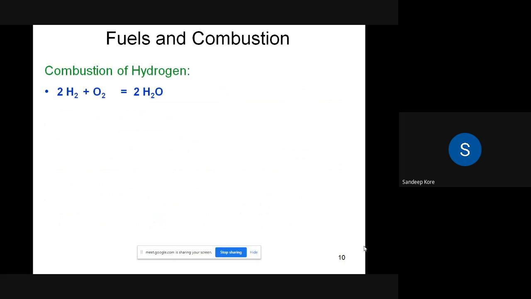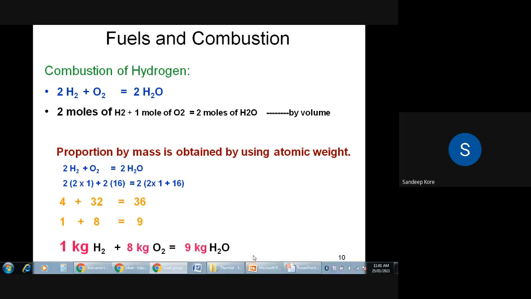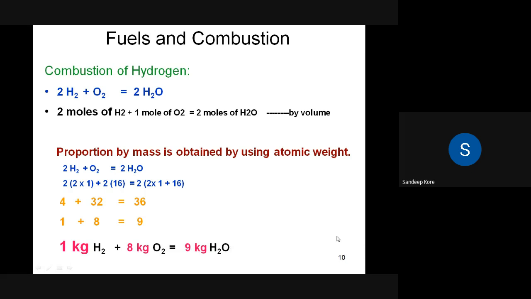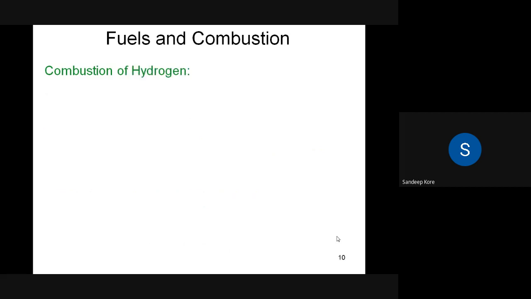Now we'll go to some combustion reactions. These reactions are important for finding out the amount of oxygen required and for finding out the products of combustion formed. So next, after the amount of oxygen by volume and mass, we are going to the combustion reactions. Listen here. We'll go for the combustion of hydrogen, carbon, nitrogen and sulfur to find out the amount of oxygen required for the combustion of fuel. So first we'll go for the combustion of hydrogen.